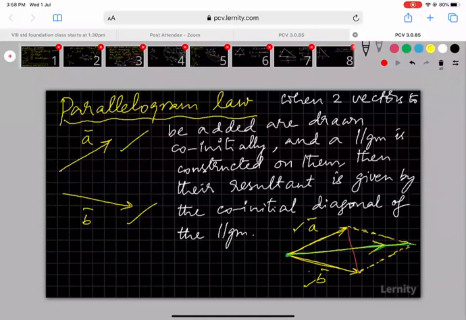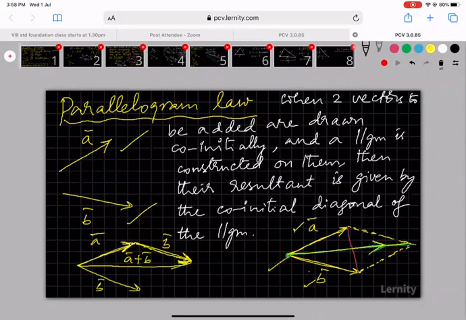But anyway, if you think about it, if this is a bar and this is b bar, see if I draw b bar here, if I say this is b bar, nothing wrong. You can say that same magnitude, same direction. If this is b bar, now you see a bar and b bar are in succession. So the closing side should be their resultant. So this basically is a resultant. That's all. This is from triangle law. This is basically parallelogram law. So triangle law and parallelogram law are not exactly very different. Just the statements seem to be different, but they're all one and the same.